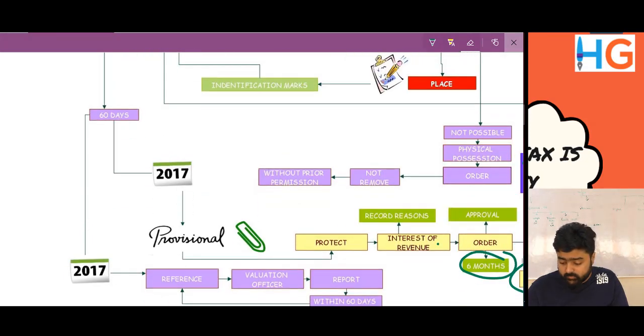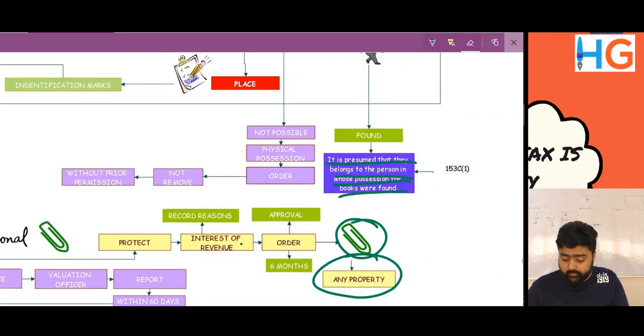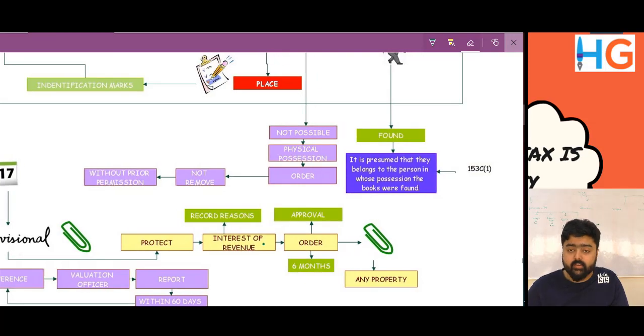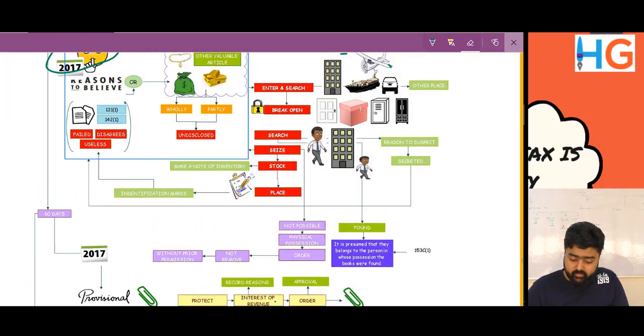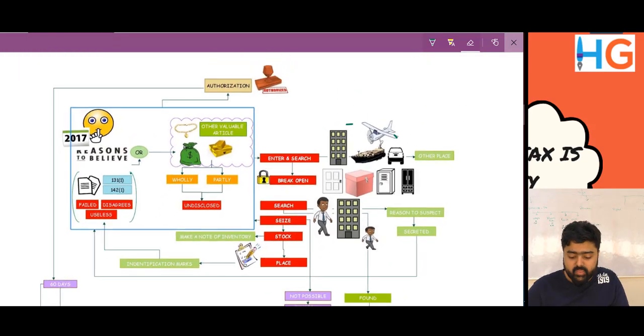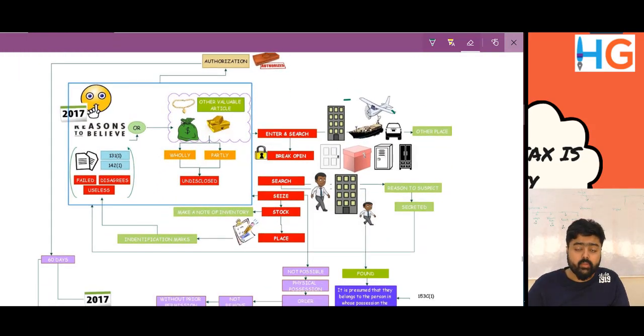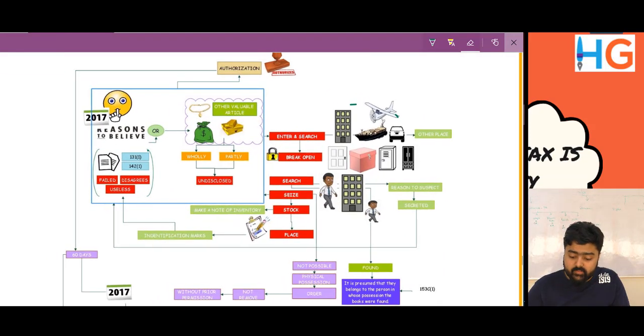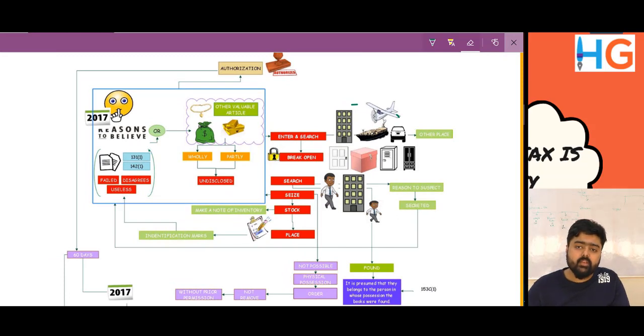A 2 marks question may come. It is more or less a certainty that a 2 marks question will come from this chapter, because previously the institute may have forgotten this chapter, may not have mentioned any question from this chapter, but since there are MCQs, the institute will try to cover as many chapters as possible. Okay, so even if you read this chart, there's a 90% possibility that you'll be able to score those 2 marks.